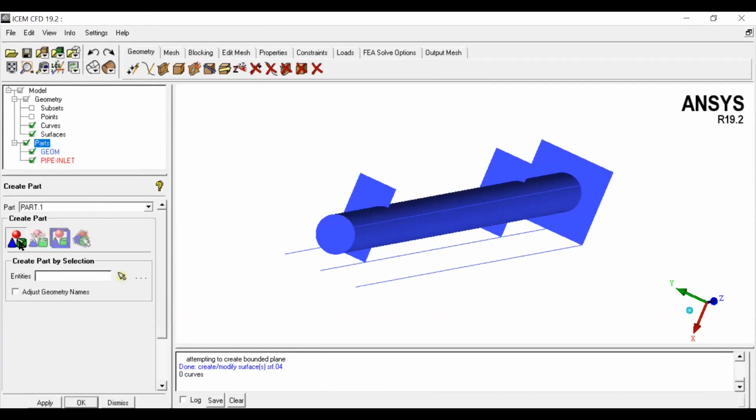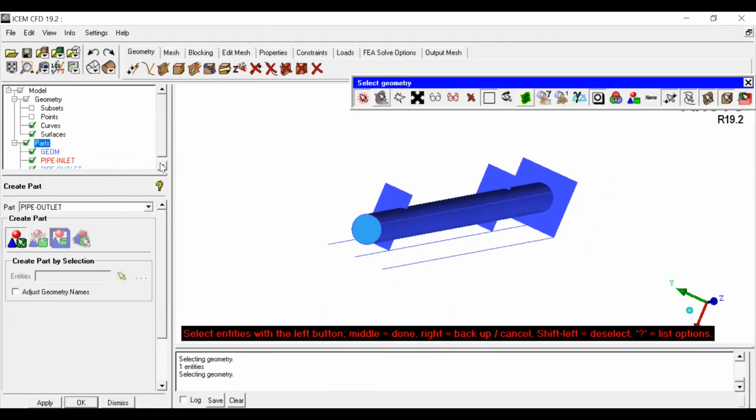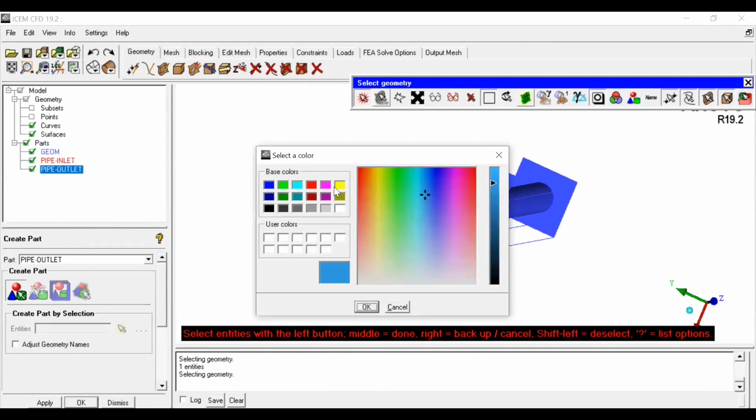Go to create part by selection. Let's say this is pipe outlet. Select the middle button of the mouse and pipe outlet. Let me change the color. This is pipe.